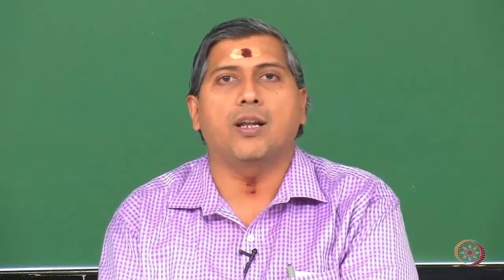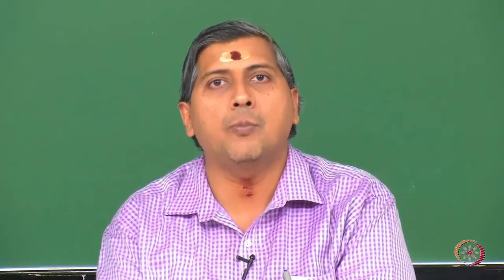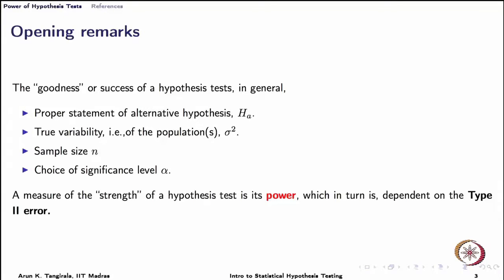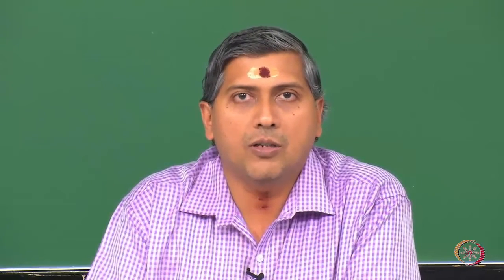Then there is this other kind of risk, which is the probability of type 2 error when H naught, that is the null hypothesis, is false and we fail to reject the null hypothesis. That is, the person who is standing in the court, who has been accused, is indeed guilty, but the person is acquitted. So, that is the other error, the type 2 error, and the probability of that is what is called beta.